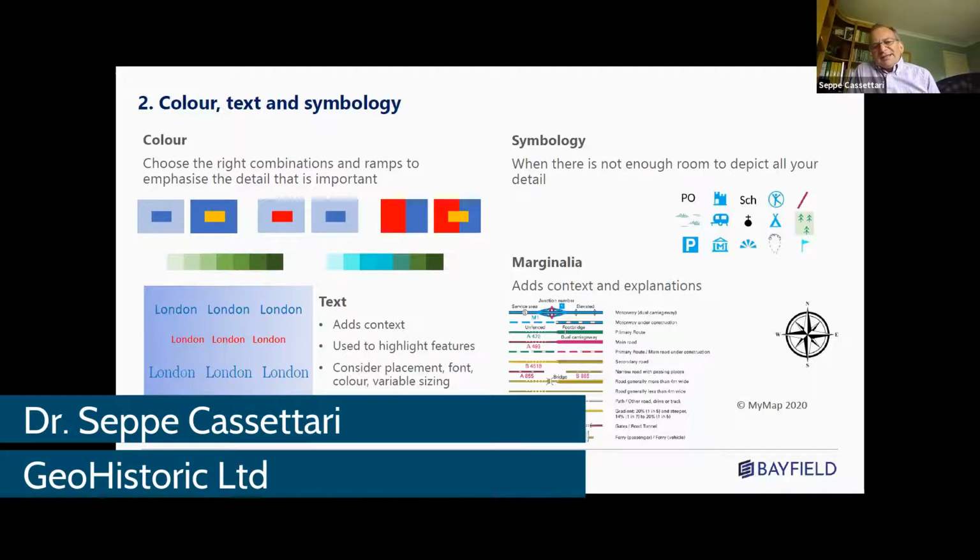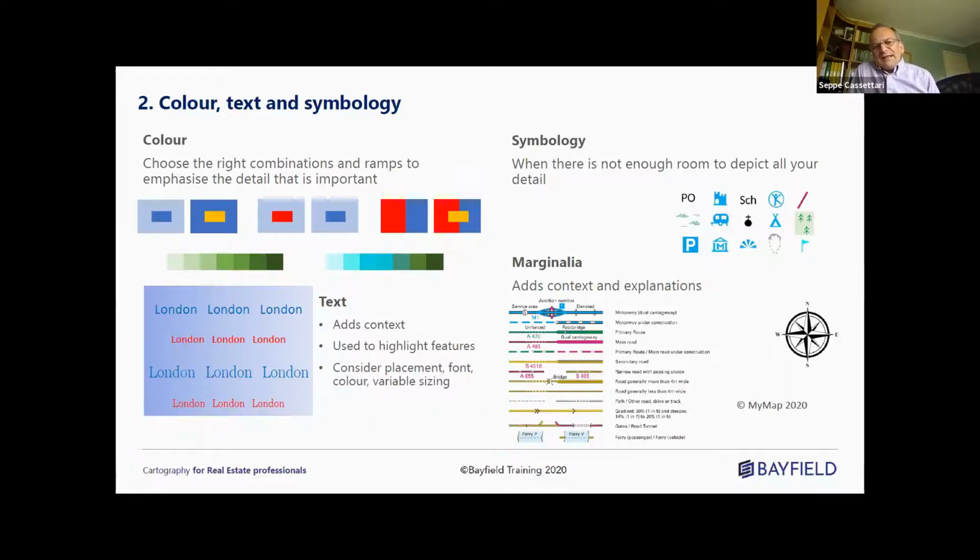You have to consider, as soon as you put text on, how easy it is to read in the medium that you're displaying it on. It's very easy to swamp a map with too much text. And certainly when it's on screen, it's very easy to have text that's too small to read. So think carefully about the font. Keep it simple and easy to read. There's lots of fonts out there that are very fancy and don't work well on maps.